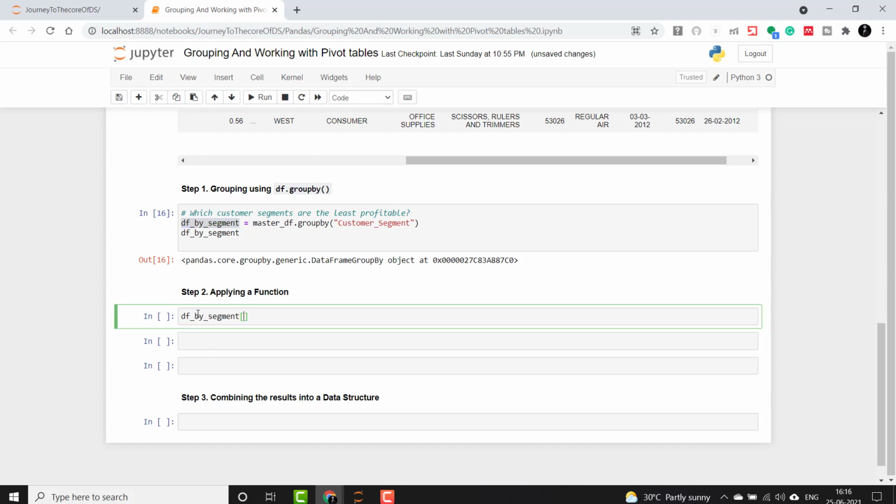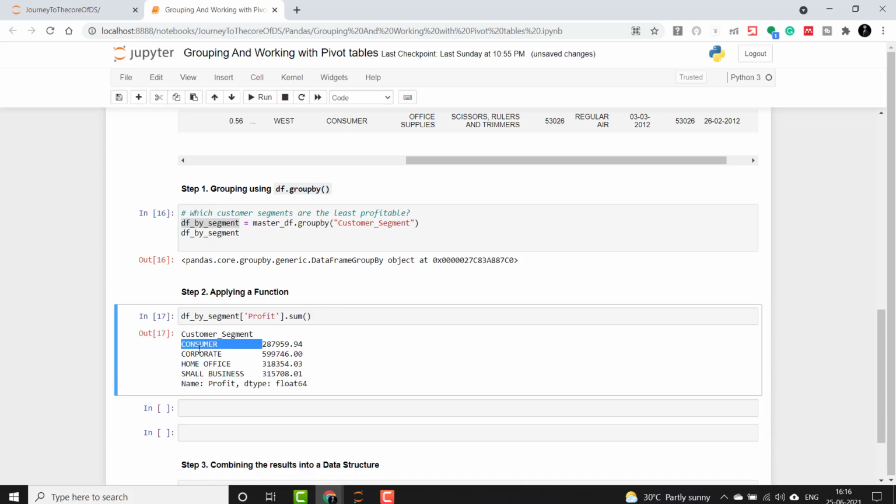Let me choose profit as the column and do its sum. What it will do is group the data frame by customer segment, and then apply sum as the aggregate function on those segments. Okay, so let's check what it returns.